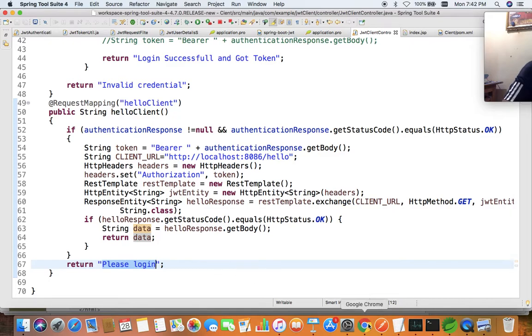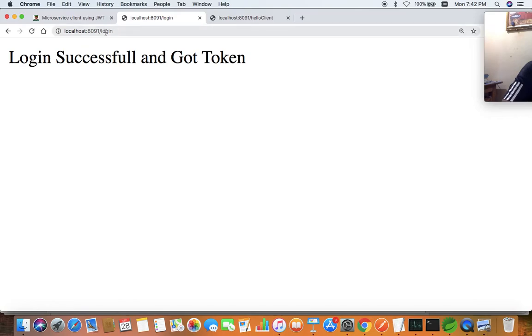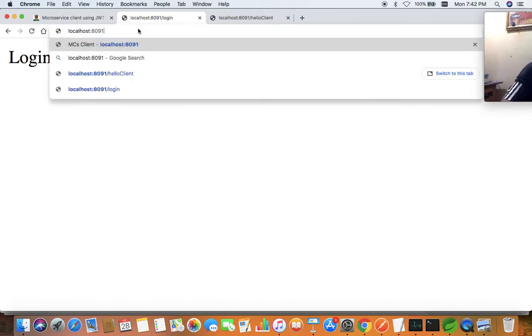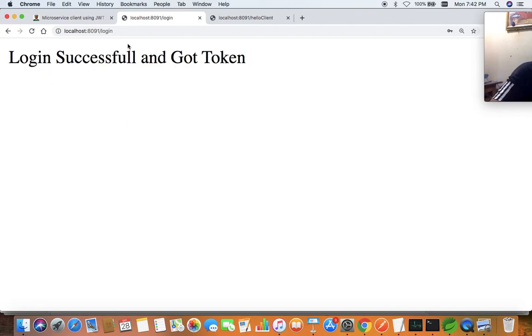So let us see how we are accessing it. I have already run that application in 8091 port number. So here first of all I have to go for using login. 8091 is going to be accessed directly because we have index.jsp, that is by default giving us this user ID and password as the output. So ABCD is the user ID, password is 1234. When we log in, it gives login successful and got token. That is the output from